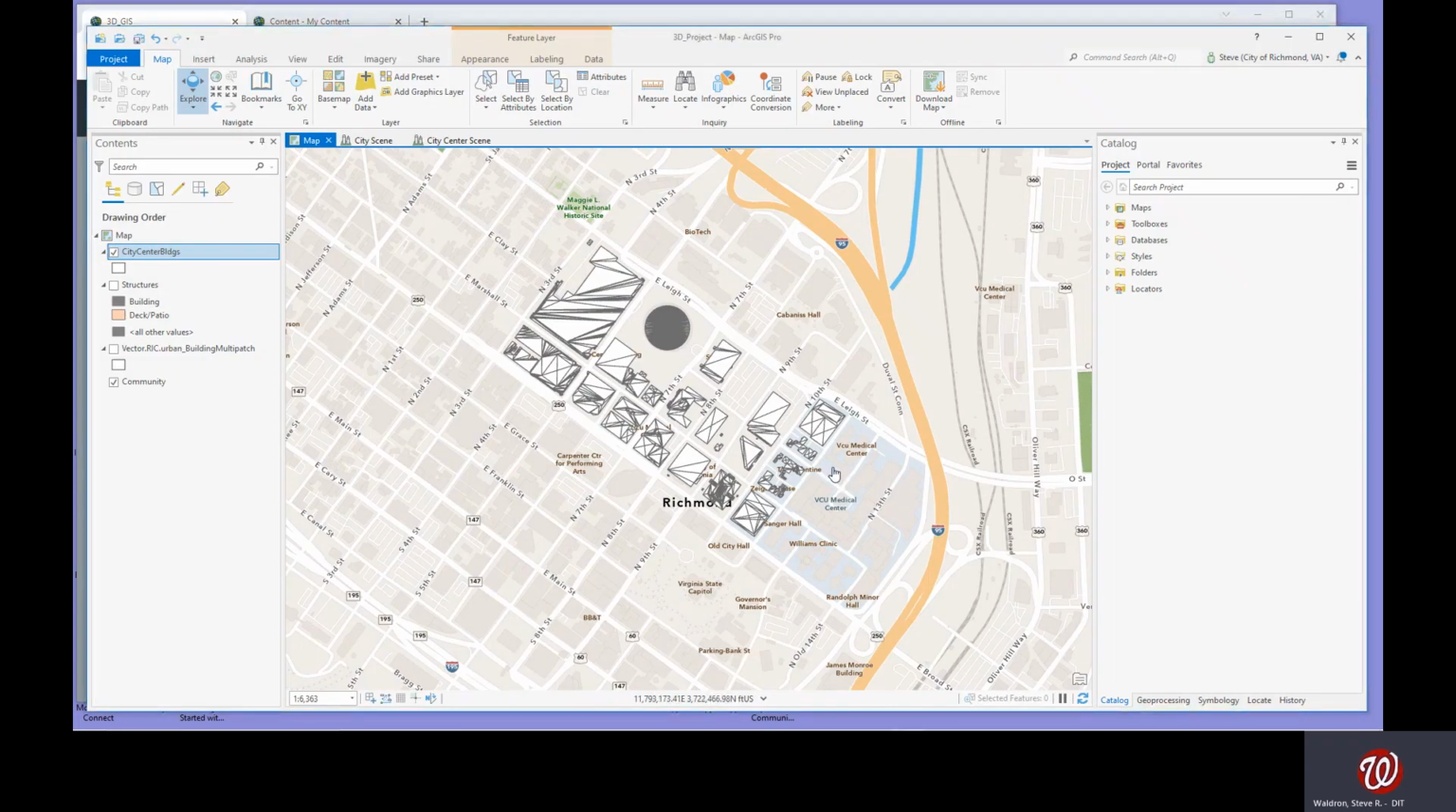So let's pretend Steve's a planner and I want to create a realistic view of the city center area, and I want to show particular buildings that the city has in mind to demolish. So I'm going to go to the city center scene